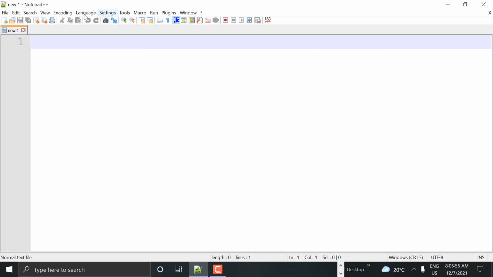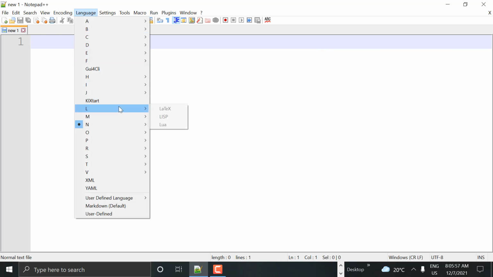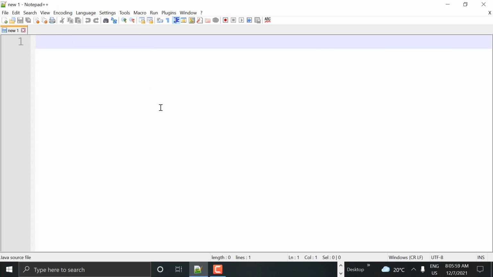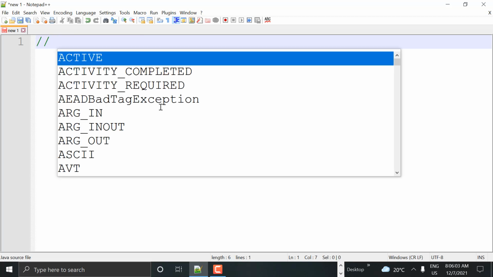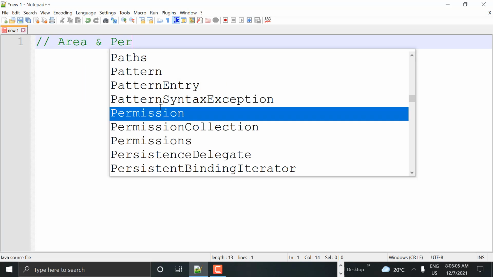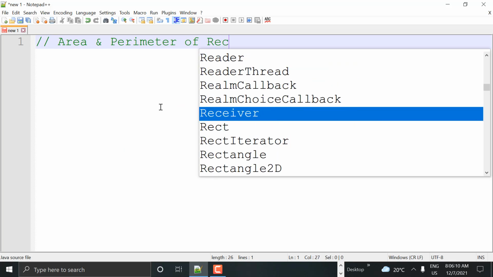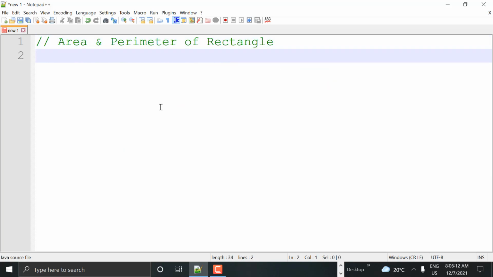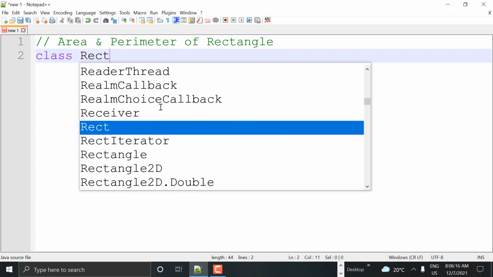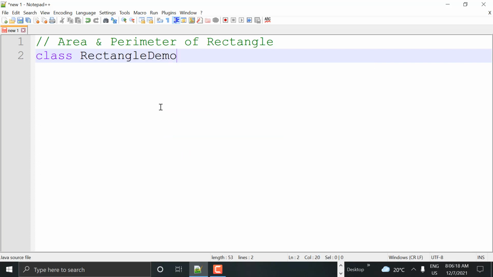Notepad++ and go to Language, choosing J for Java, and then write the area and perimeter of rectangle. So the class name is RectangleDemo.